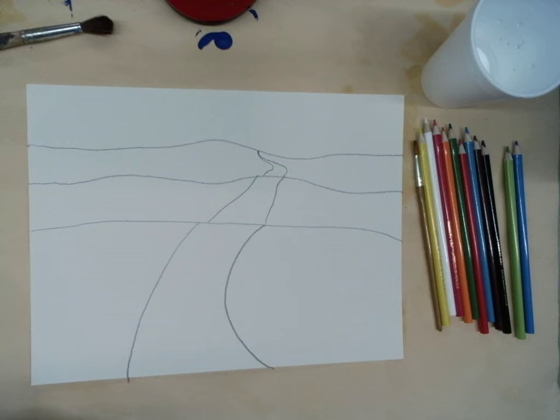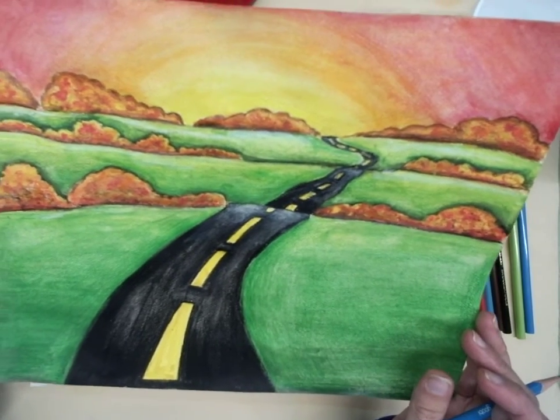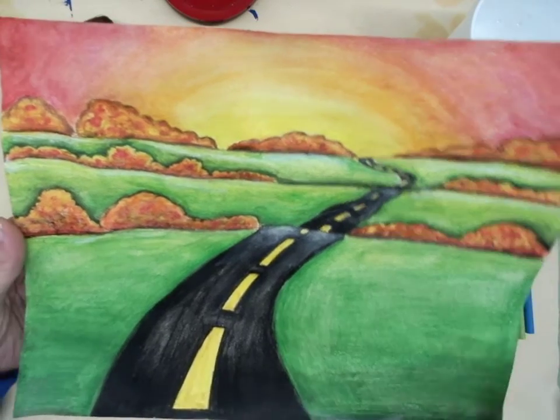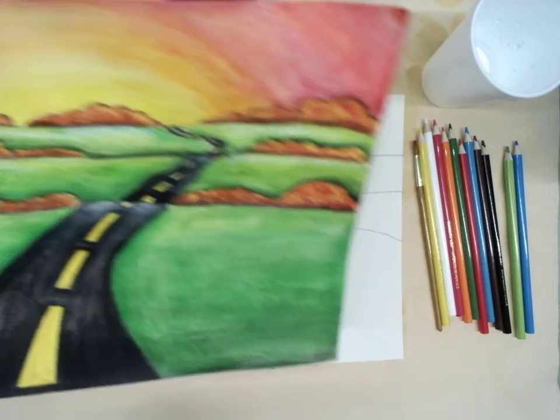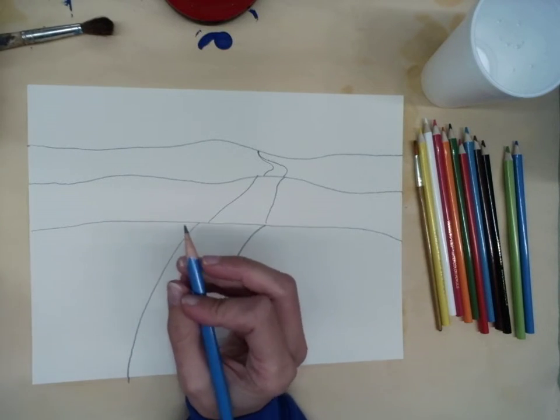Next, I'm going to do the bushes and then I'll come back for the stripes that are in the road. So for these bushes, again, it's a little similar to what we were just doing with those fall trees, the way we went up and down. And you'll see as I draw what I'm talking about. So for these first ones,